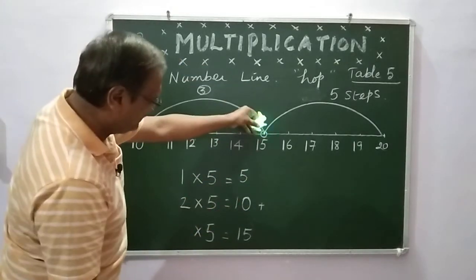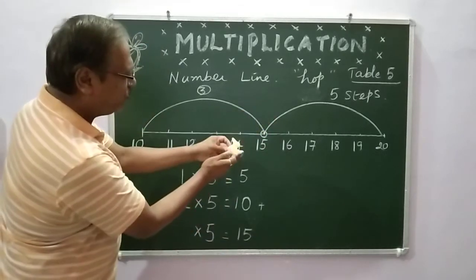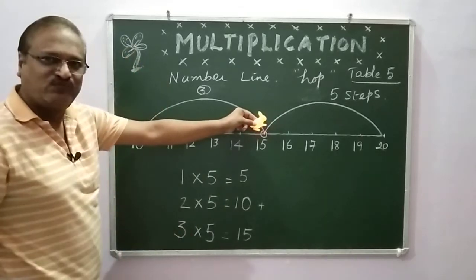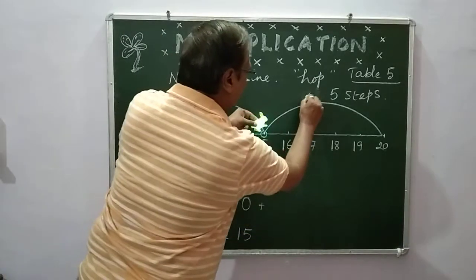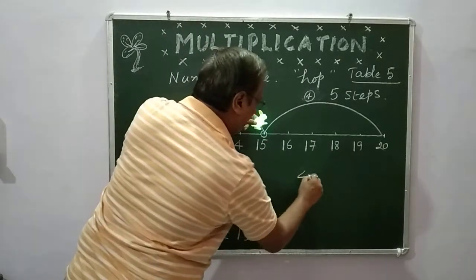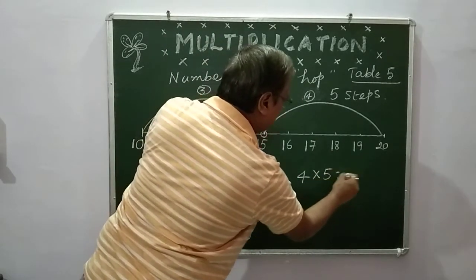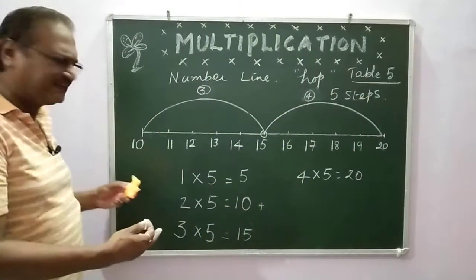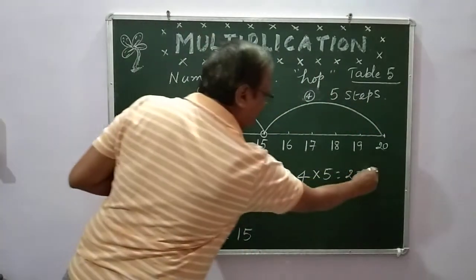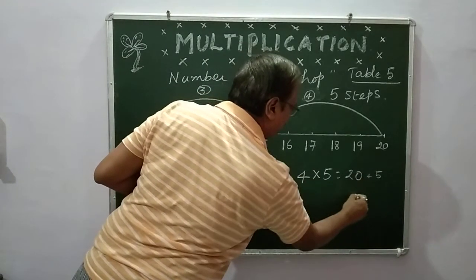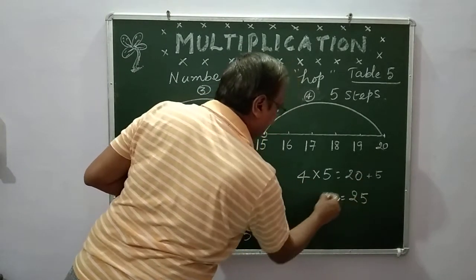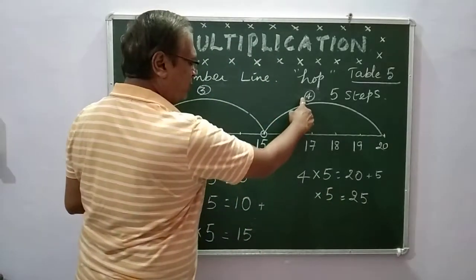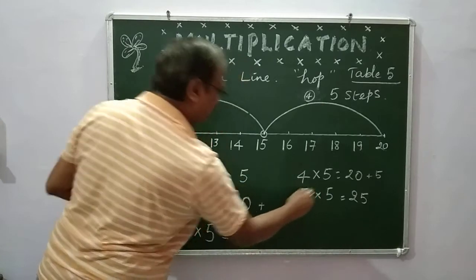It jumps like this. Catch very carefully, you watch it. Yes, my bunny is jumping. 3 5s are 15. Now the fourth time when it jumps, it will become 4 5s are 20. Very good. Now can I continue like this? Right. Now 20 is over. 20 plus 5, how much? 25. That is 5 into how many steps? Already 4 steps are over. Next will be the fifth step.